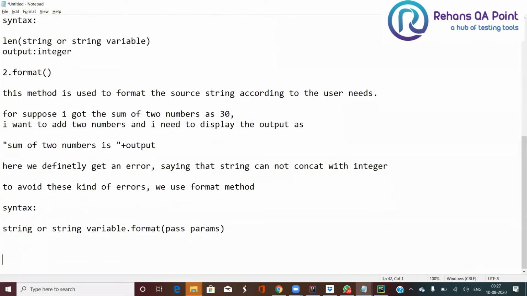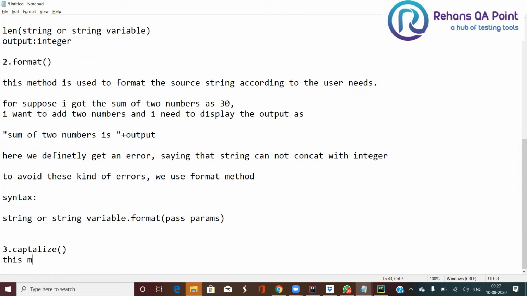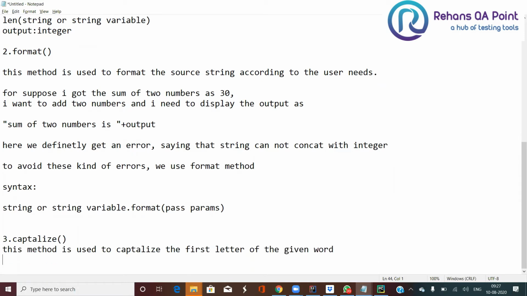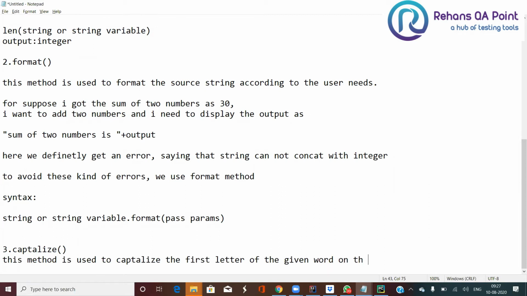Now let us see the third method that I want to bring here, called capitalize. This method is used to capitalize the first letter of the given word or the whole string.